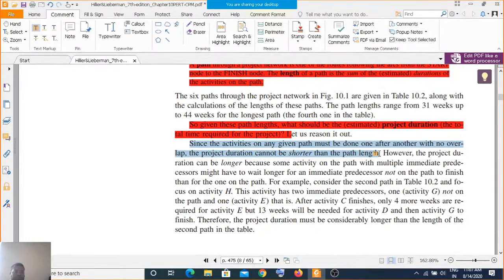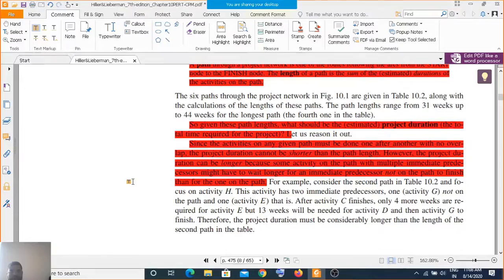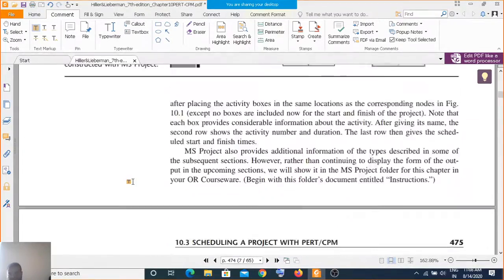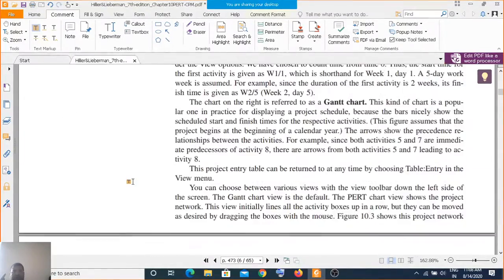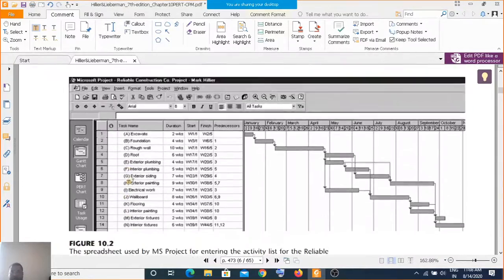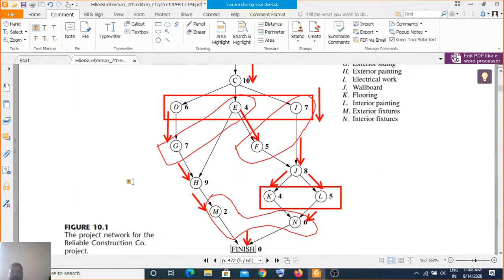However, the project duration can be longer, because some activities with multiple immediate predecessors might have to wait longer for the immediate predecessor to finish. For example, in the critical path method diagram, you have activities 1, 2 and 3.